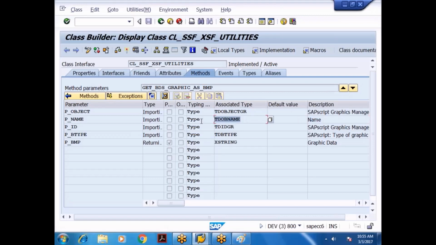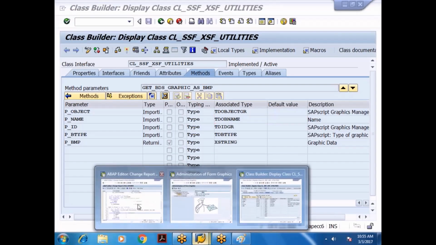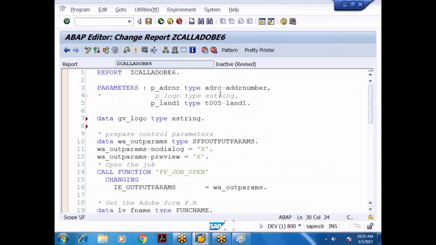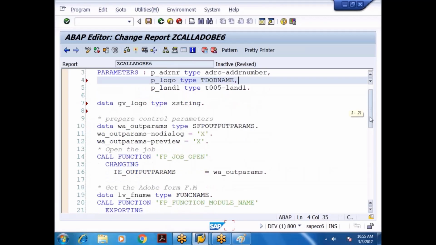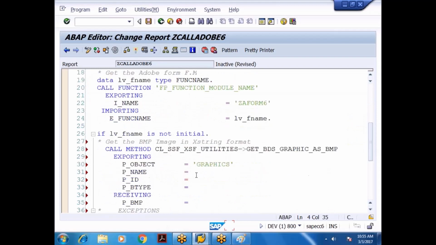Instead of reading xstring from the user, I'll read the TD object name. Whatever logo name I'm reading, I'll pass it here, P_LOGO. Then P_ID. What is this P_ID?